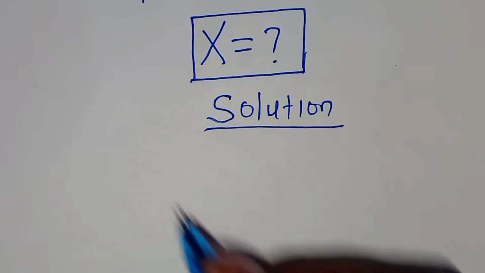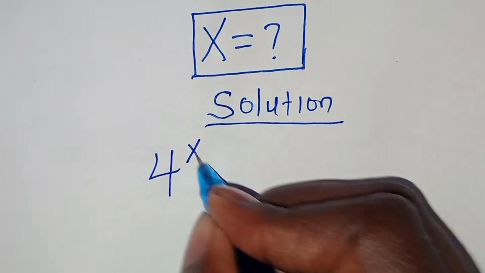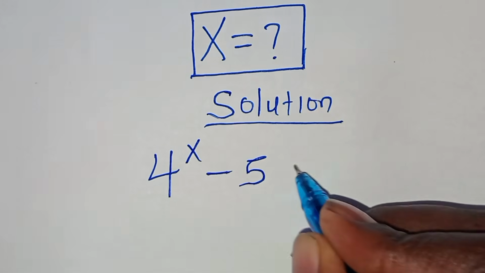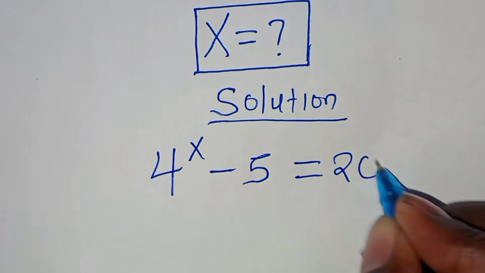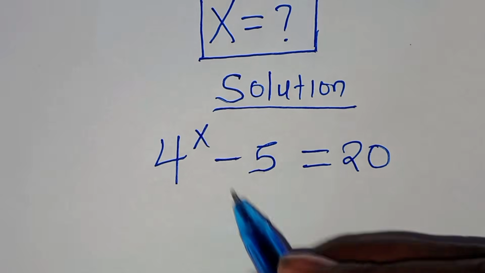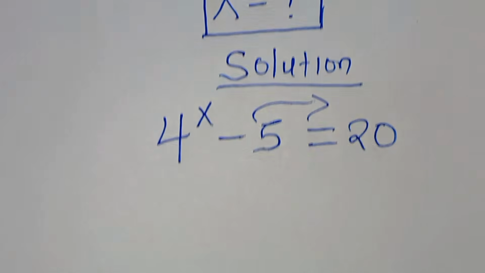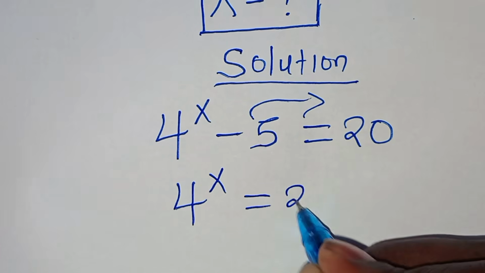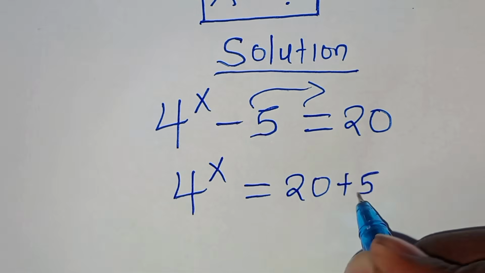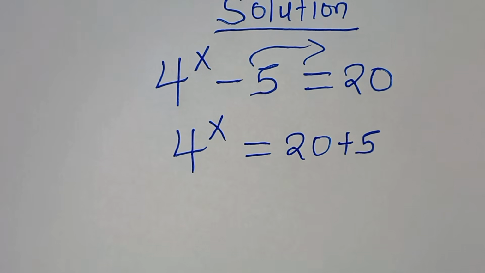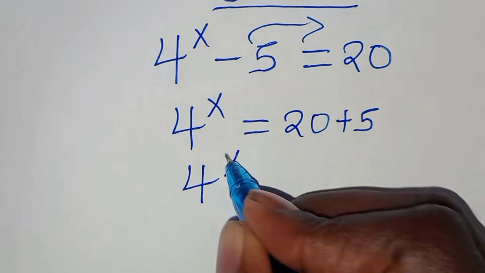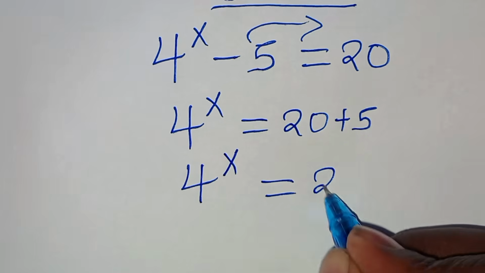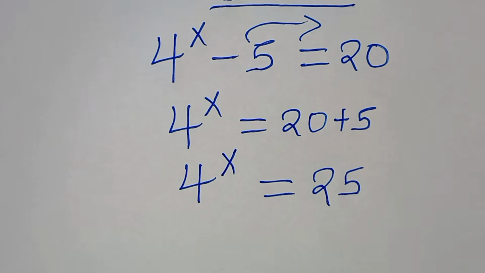So this implies that we have 4 to the power of x minus 5 is equal to 20. Now let's take minus 5 to the right hand side so that we have 4 to the power of x is equal to 20 plus 5. So this is to mean that we have 4 to the power of x is equal to 25. Now to solve for the value of x,